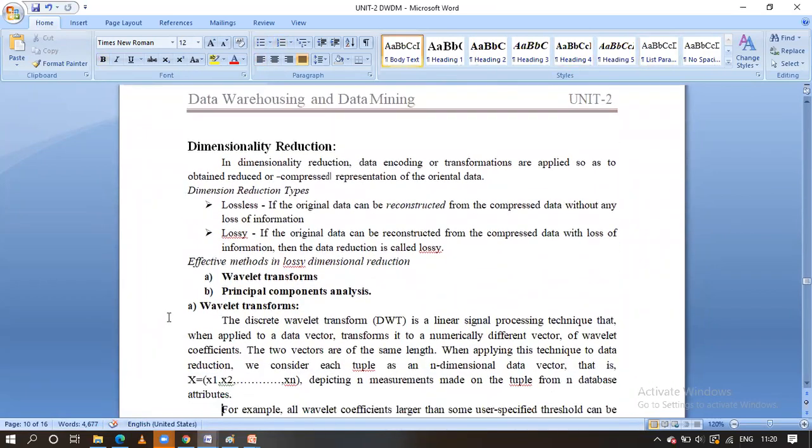Okay, this is the dimensional reduction related information, guys. Okay, why do we have to go for dimensional reduction normally? Okay, మనం మొత్తం డేటాను తీసుకుని డేటా ప్రాసెస్ చేస్తే కనుక టైం అనేది ఎక్కువ తీసుకుంటుంది. అలా కాకుండా మనం రెడ్యూస్డ్ డేటాను తీసుకుంటే కనుక డేటా మైనింగ్ ఆల్గరిథం అనేది ఎఫిషియెంట్ గా వర్క్ చేస్తుంది, as well as the time taken to get the results is also reduced, guys. That is the reason for the dimensional reduction.